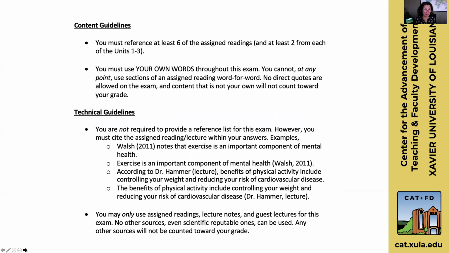One person did a public service announcement for his high school basketball team that he actually ended up sharing with his high school basketball coach after the exam was over. And then another one came up with a pamphlet. She did a really neat pamphlet for the, quote, older women at her church. So came up with some really neat things here. So for the final, I did something a little bit different.